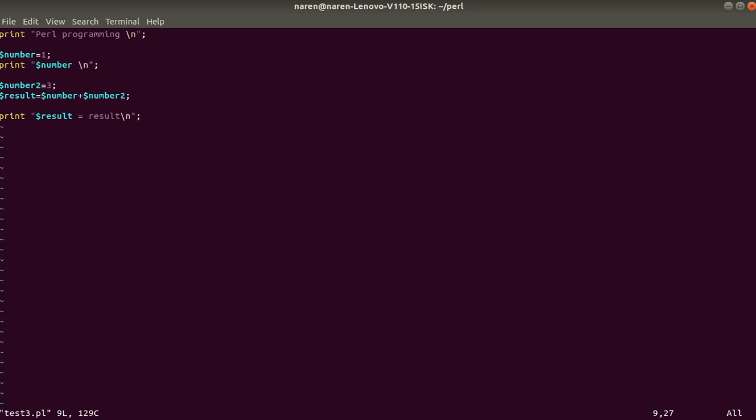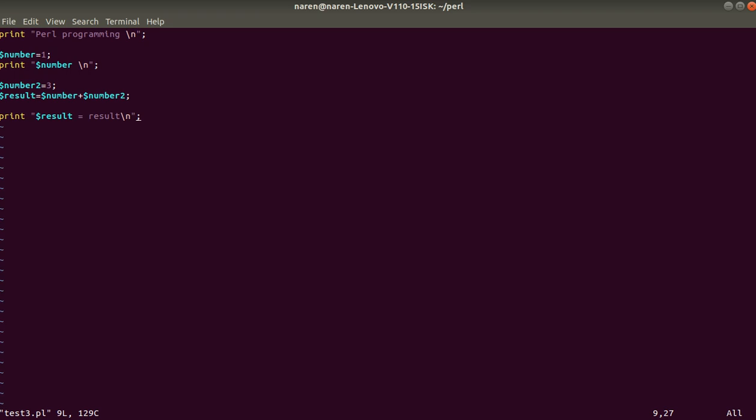Before completing this tutorial, let me briefly explain what we discussed today. In the Perl programming language, the semicolon is mandatory. If you don't give the semicolon, it will throw a syntax error. And in Perl, we need to define or declare a variable. For this, we need to give a name, and for the name we have to use the dollar symbol before the variable name.